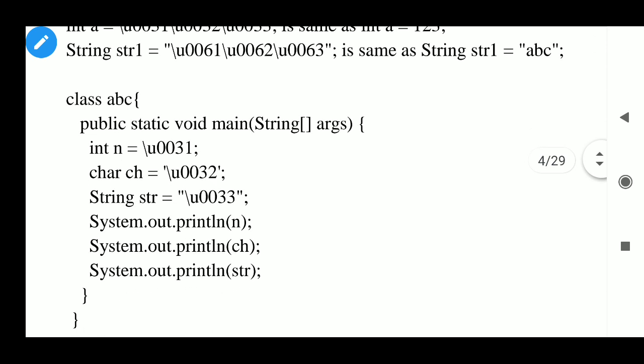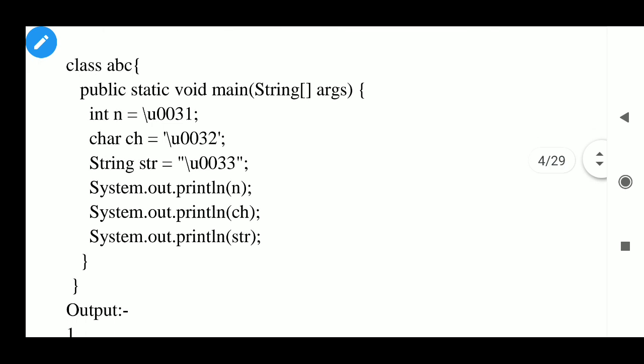If you type this example, what will happen? So class ABC, public static void main, int n is equal to backslash U0031 is assigned to n, that is integer type. Okay, char ch is U0032 is assigned. Remember, the value of 0031 was 1 and 0032 was 2, and 0033 is what? 3.